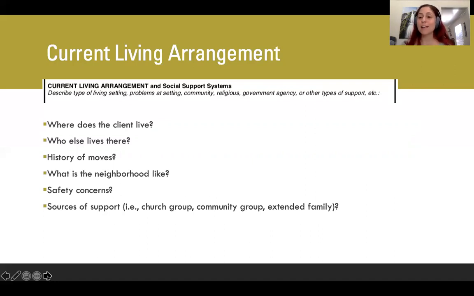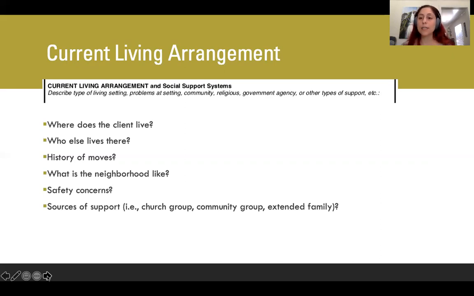I would expand that by asking, what's the neighborhood like? Does the client live in an affluent neighborhood where there's a lot of resources? Are they living in an impoverished neighborhood where perhaps safety is an issue? Those are important things to know. Think about in the future when you're starting to put together potential coping skills or community engagement interventions that you're going to want to implement. It'll be helpful to know if these are even accessible to the client. So you're starting that work now. This all is going to inform your diagnosis, your goals, and your treatment. Don't overlook them. Okay, safety concerns, as I mentioned, both in the neighborhood and in the home, okay?